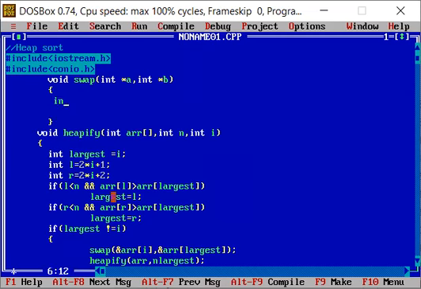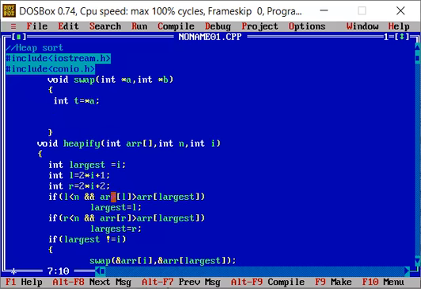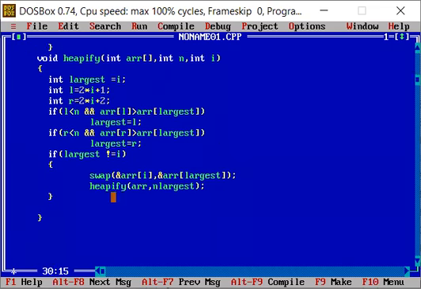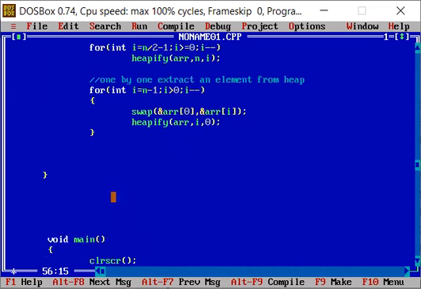Right here, int t equals the value at a. Whatever is the value at a will be replaced with the value at b, and then at b we can put t. Okay, so this is our swap function.